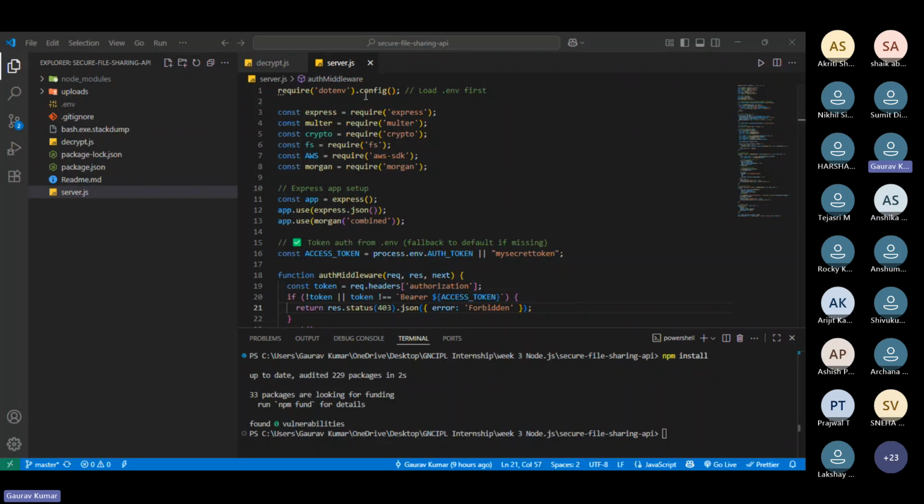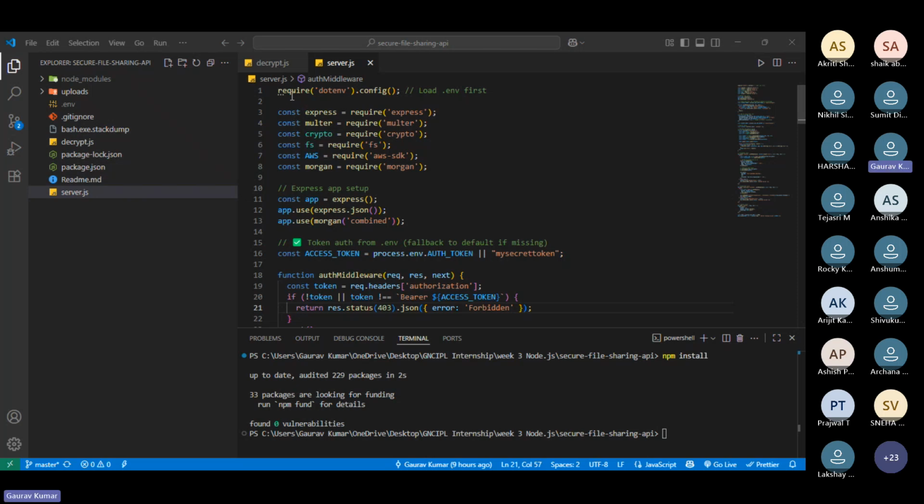Ma'am, this code is server.js. First of all, I created a project, a secure file sharing API, using Postman for the API, and building the secure file sharing with Node.js and Express.js.